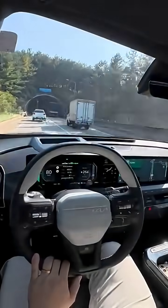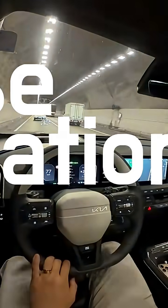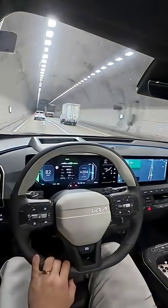Watch how long it takes for the shade to cover and uncover. It is forever long because that's how big and wide this panoramic sunroof is. So big props to that. Entering the tunnel, perfect time for us to check out the NVH, noise, vibration, and harshness. All of the windows, windshield, first row, and the second row